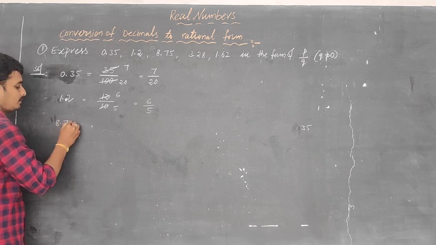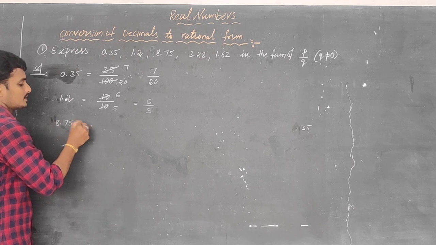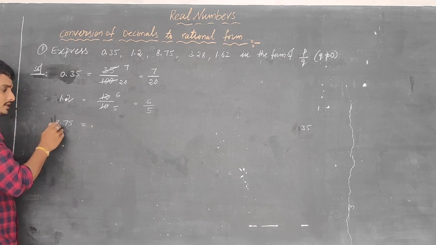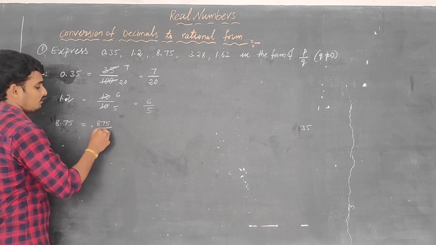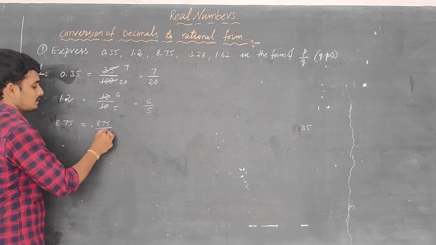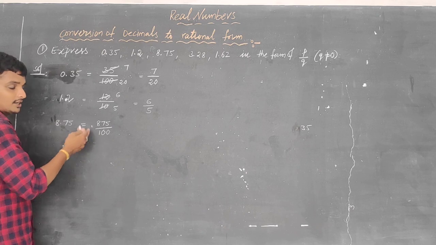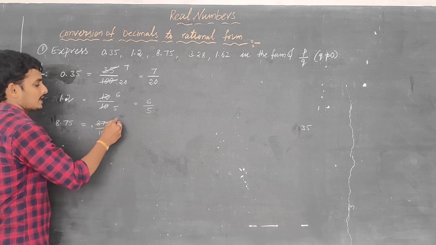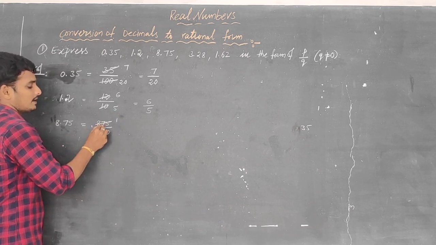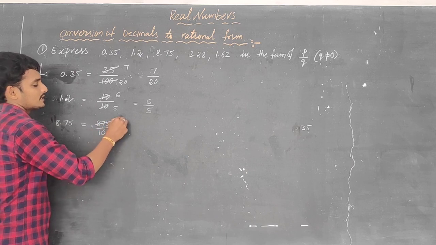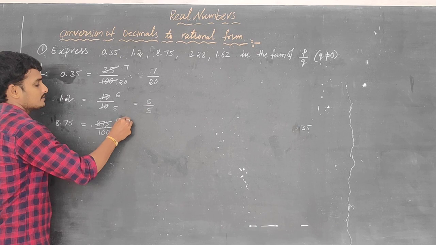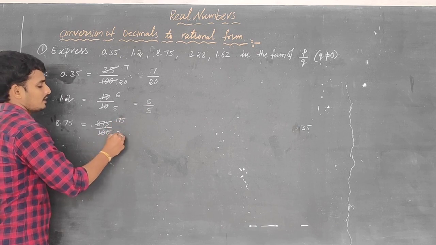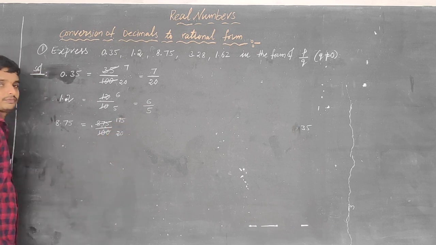8.75. Now we just remove the decimal point. What are we getting? 875 by 1. How many places? 2 places, so that is 2 zeros. So we cancel, we will cancel by the 5 table. 5 ones are 5. Remainder 3. 37. 7 fives are 35. Remainder 2. 25. 5 times that. So here it is cancelled 20 times.